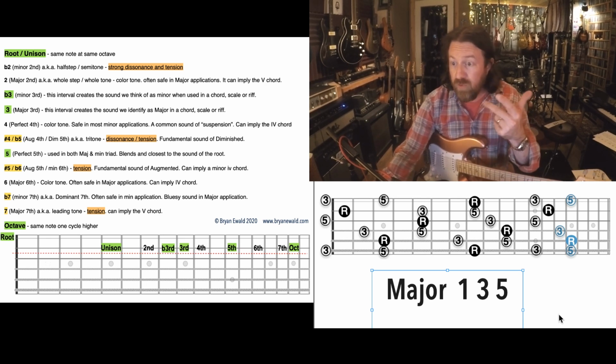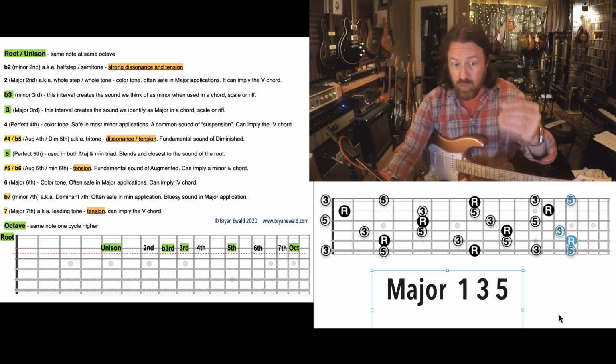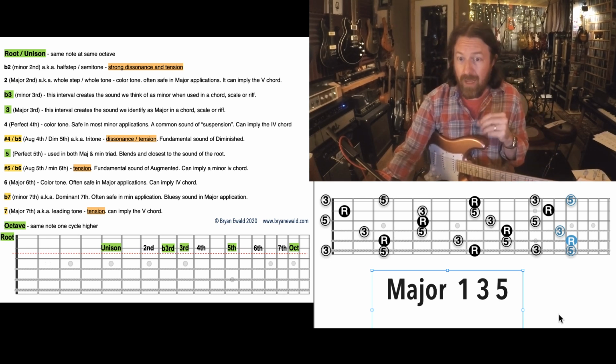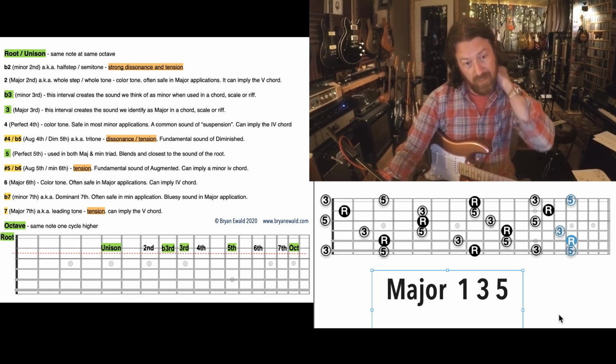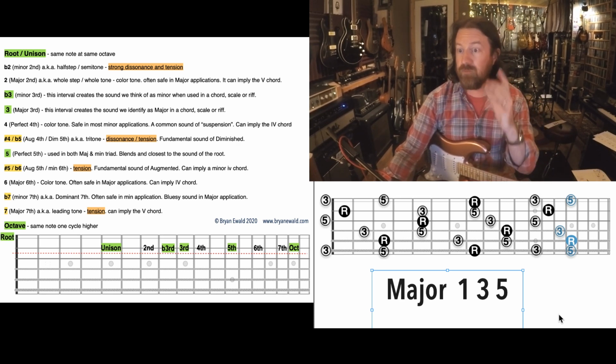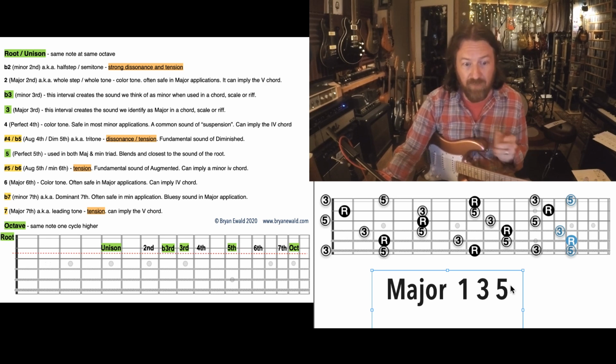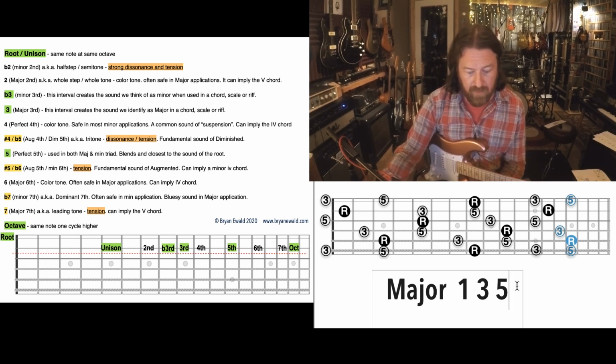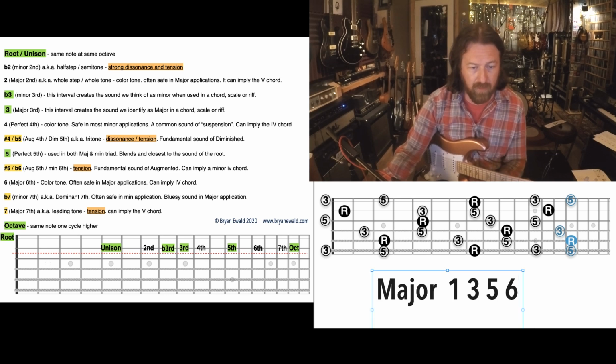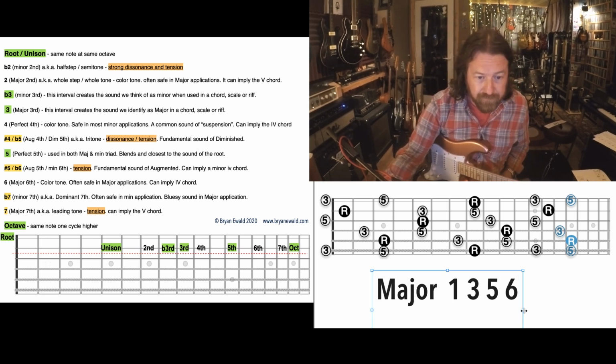We've got 1, 2, 3, 4, 5, 6, 7, right? We've used 1, 3, 5. We have 2, 4, 6, and 7 left. What happens when we add 2s to the name of a chord, or 4s, or 6s, or 7s? I said I'm going to start off with the easiest one, which is the 6. If I have a major chord that I add a 6th interval to,